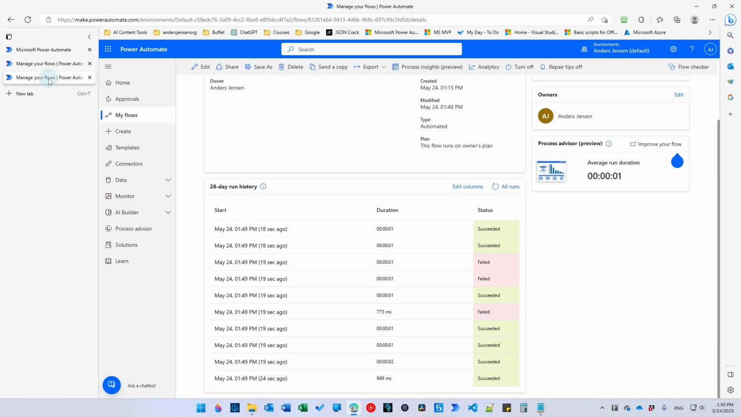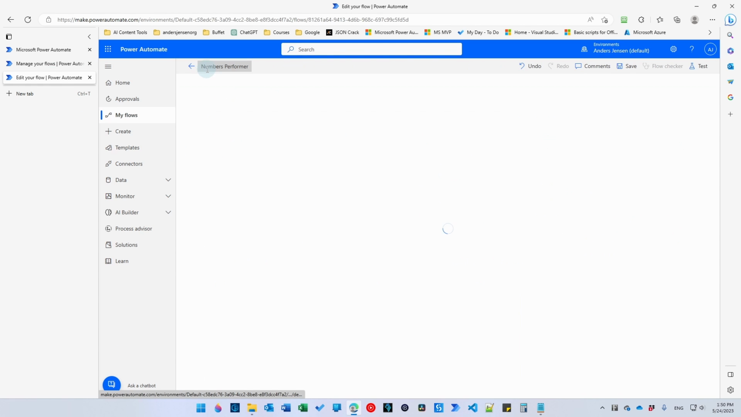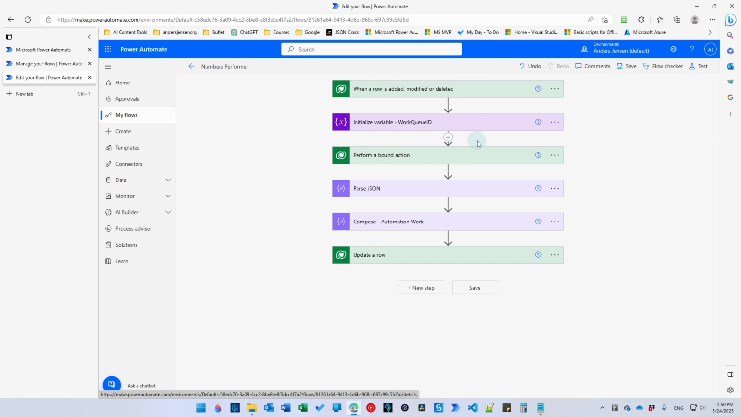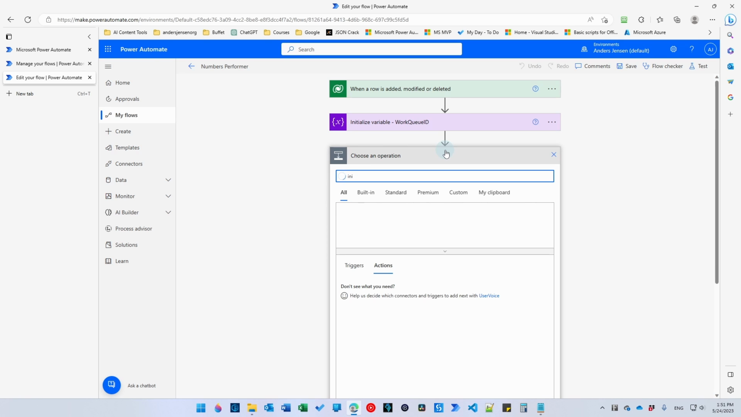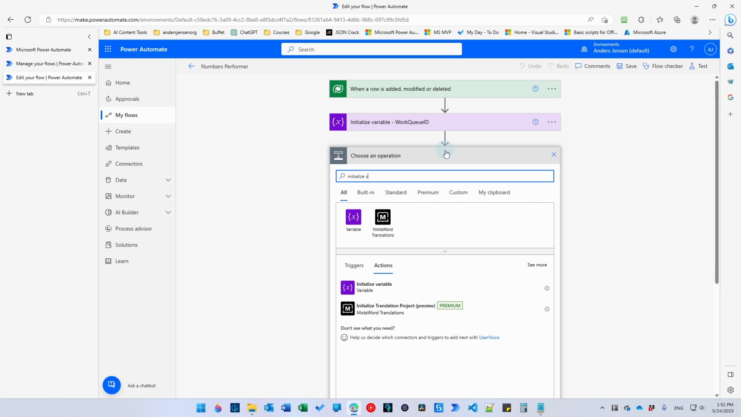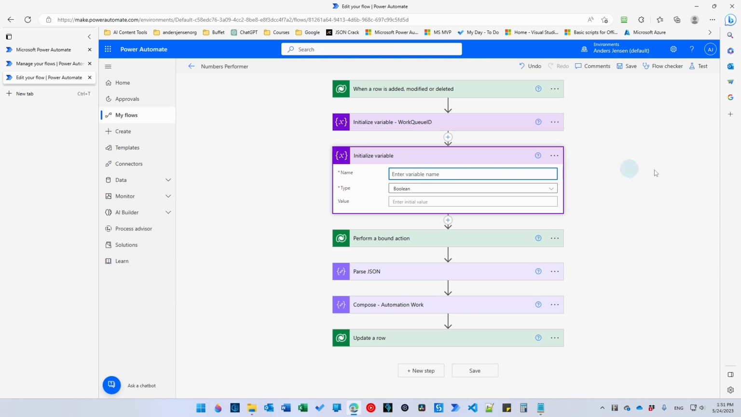Go back to the performer. This was the last one here. I'll click edit flow. And here in the beginning, I want a transaction status because I will use that for error handling a little bit below. So say insert a new step, add an action. And here you will say initialize variable. Pick that one here. I will call this transaction status